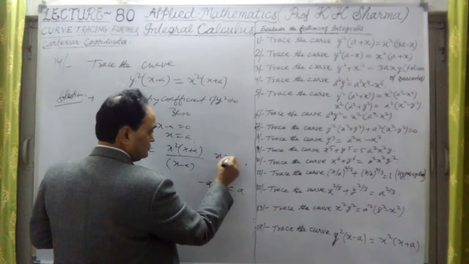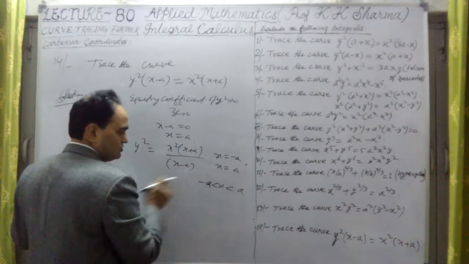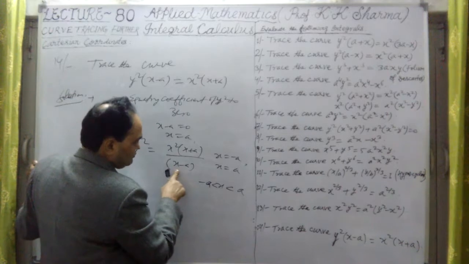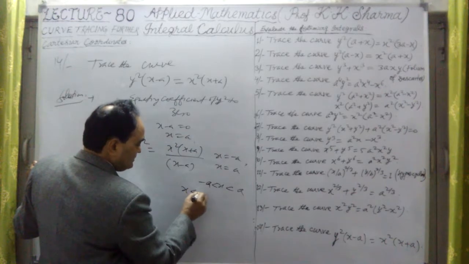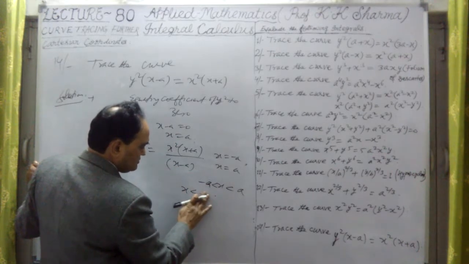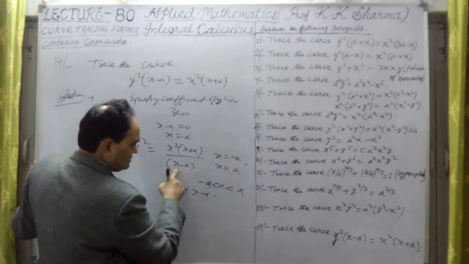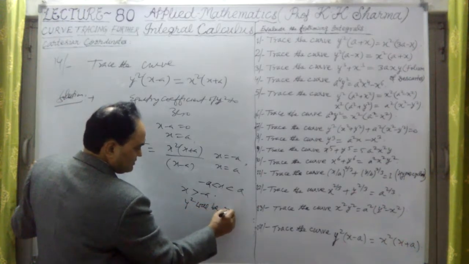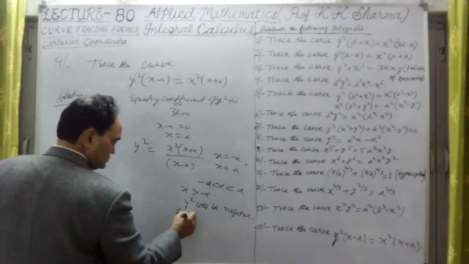That means at x equal to minus a and x equal to plus a, beyond that, or sorry, between this range, the curve will not lie, because if I put a negative value here, y square will be negative. It means the curve will not exist between,